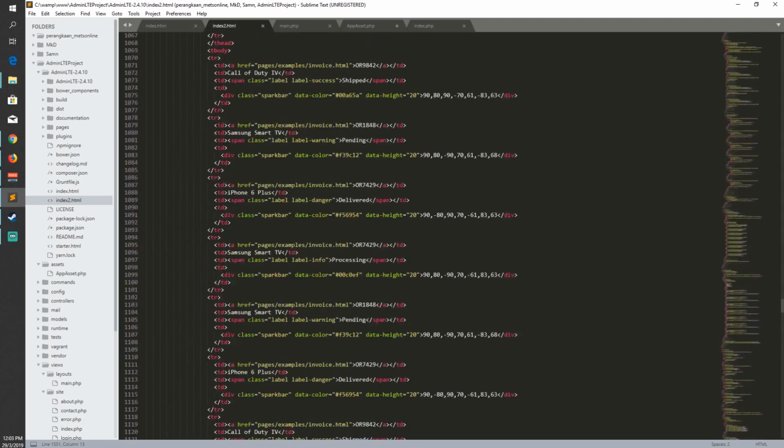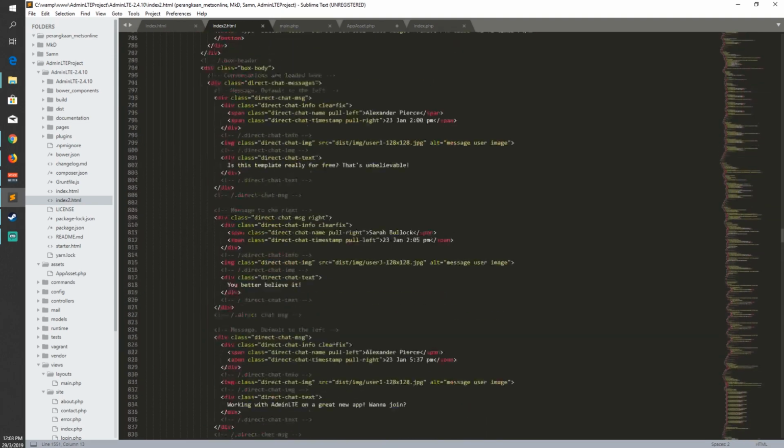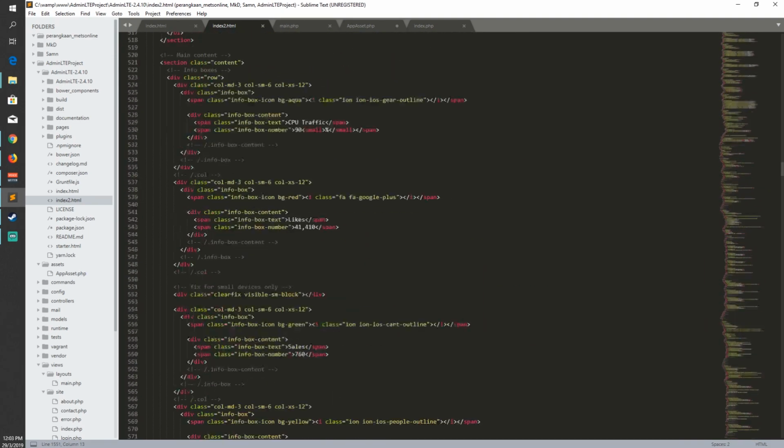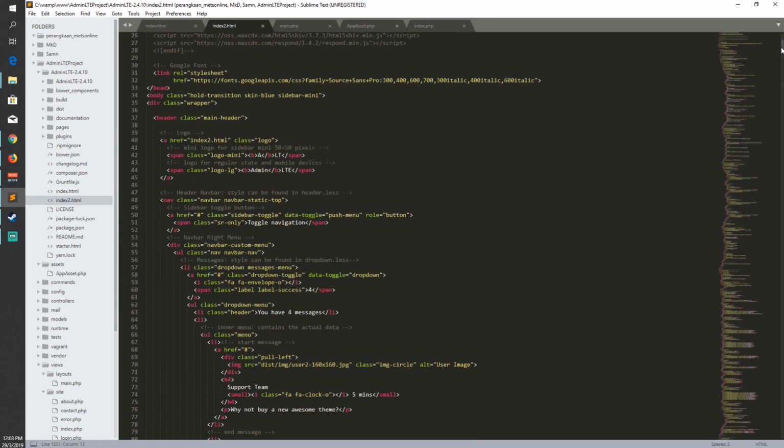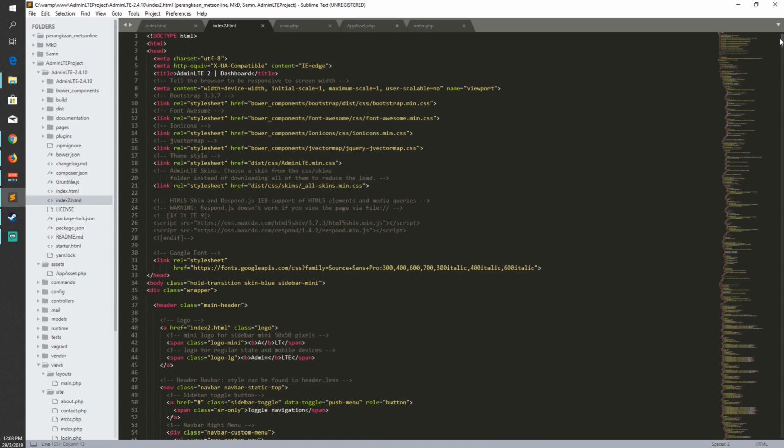Actually, you need to know and study your chosen template. As for me, I already use this admin template a lot. That's why I know a bunch of things about the AdminLTE template, which ones are globally affected and which ones are locally affected. So that's why it's easy for me to know which is which. With that being said,